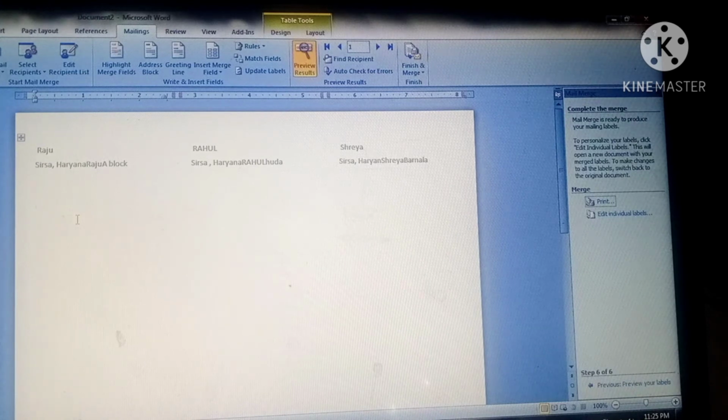So this is a time consuming process whenever you want to send the same letter to many friends, but with the feature of Microsoft Word, that is mail merge, you can take the print of the labels, and plus you can send the same document to many other friends. You need not write down that document again and again. So I think with these two videos, your mail merge topic is clear to you.